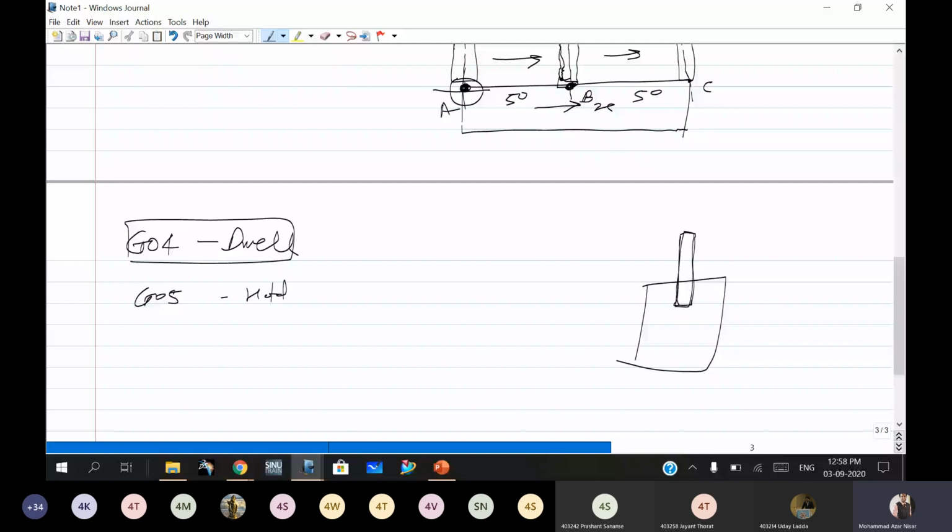Another set of codes missing over here are the cycles. If you are considering the Siemens control, G33 is used for thread cutting.